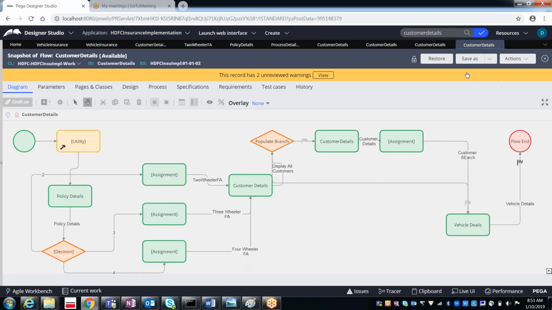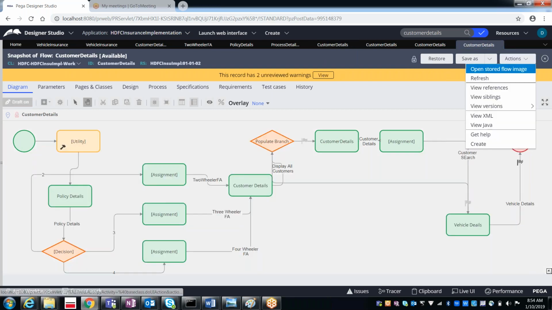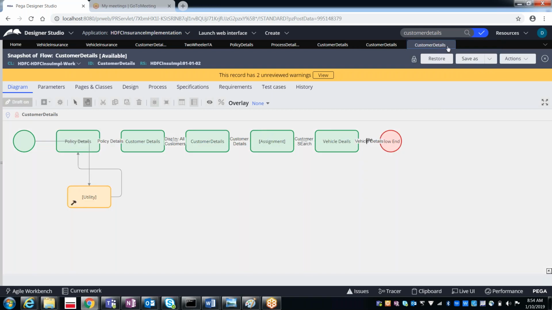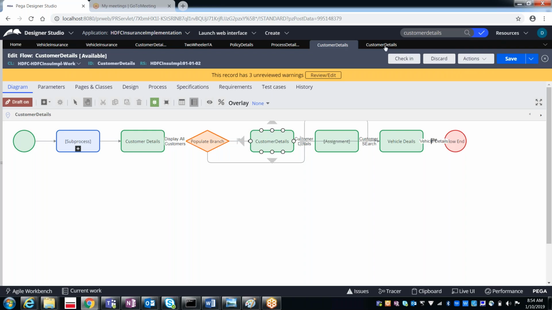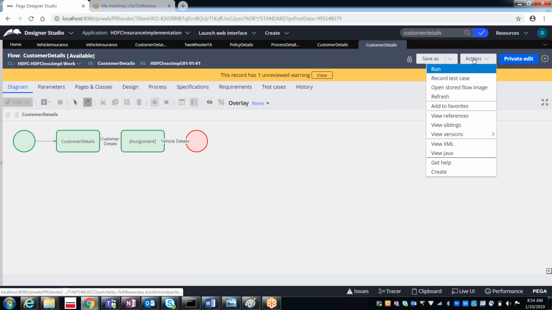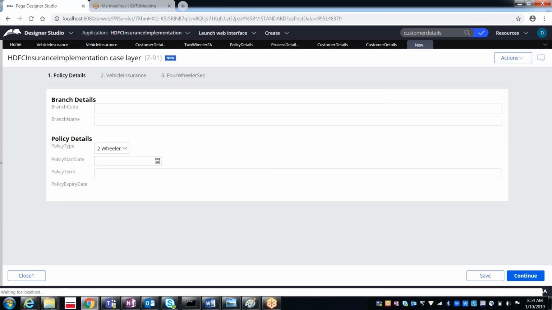Okay, now let me go to the 010101 version, so this is from 010101 and that is from 010102. I just want to run 010101 and see. So run it. Once you run this, I want to see how it will be.